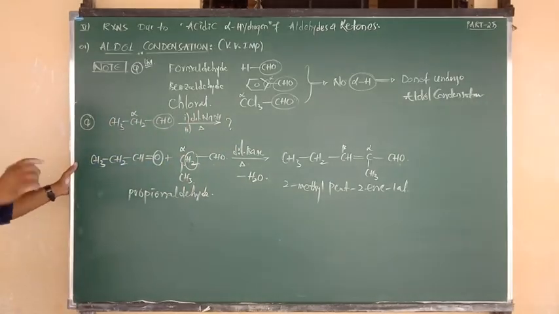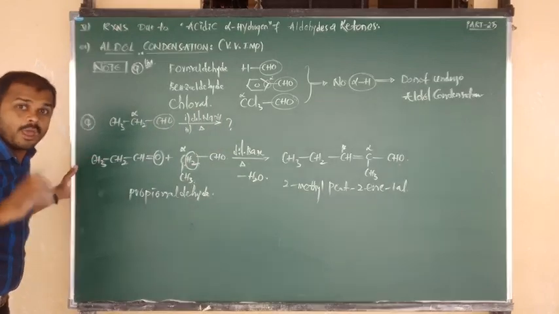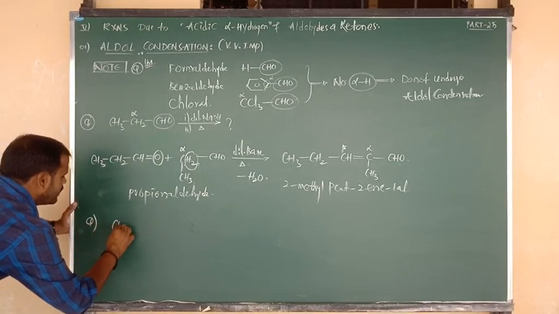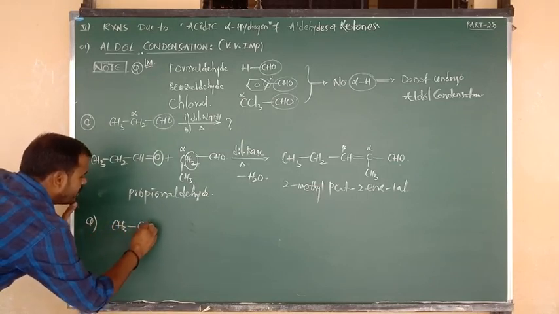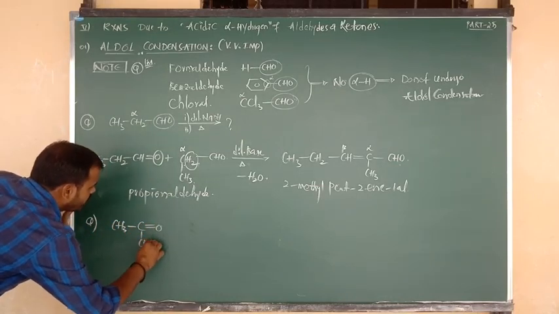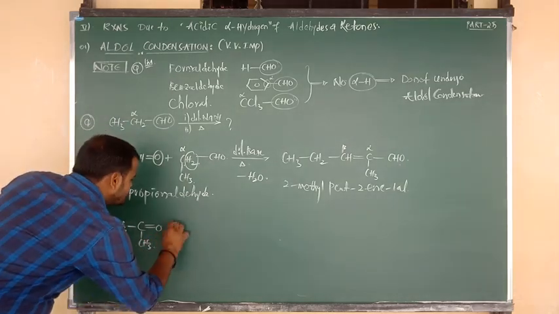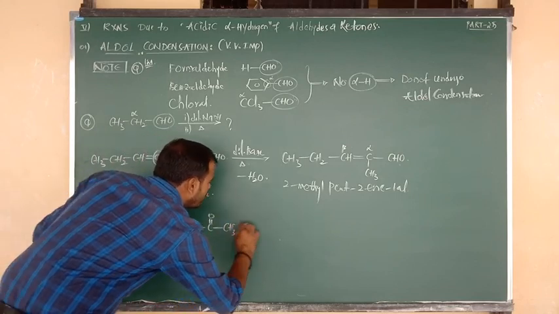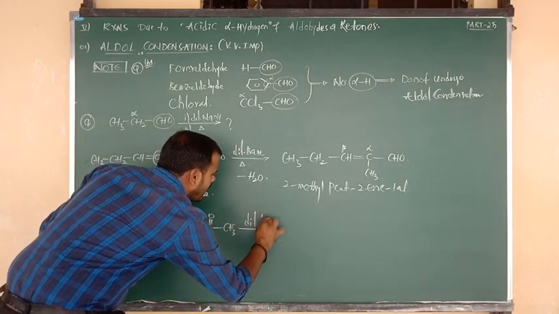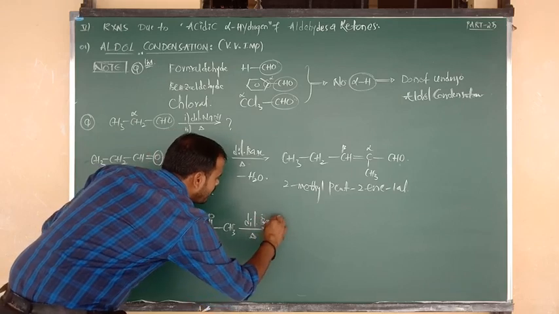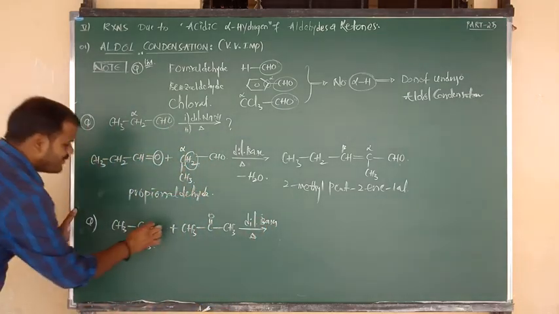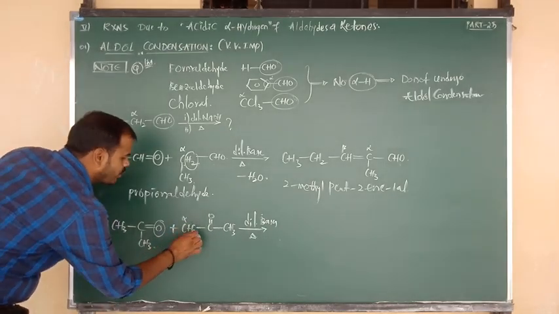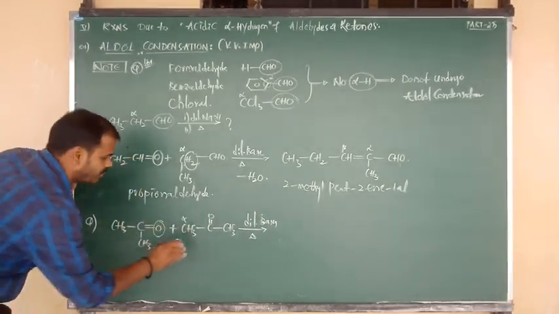So once again, already in the original equation I have given the ketone. Once again, for ketone, I will tell you how to write the shortcut. CH3 bonded to C double bond O, again bonded to CH3, acetone. One more acetone: CH3 bonded to C double bond O, C double bond O bonded to CH3, in the presence of dilute base and also followed by heating. So how to write the product? From the first molecule, I have already told you we have to remove the O. From the second molecule, CH3 is there, but you remove only H2.